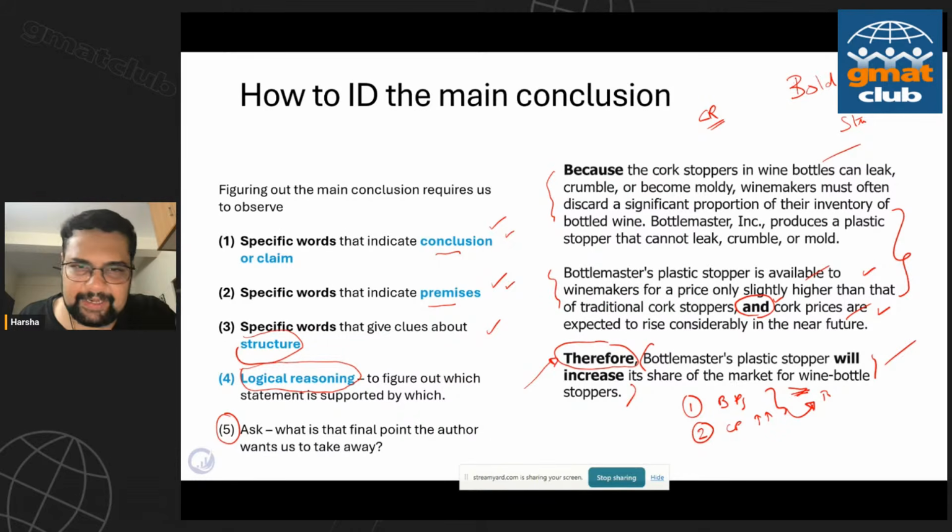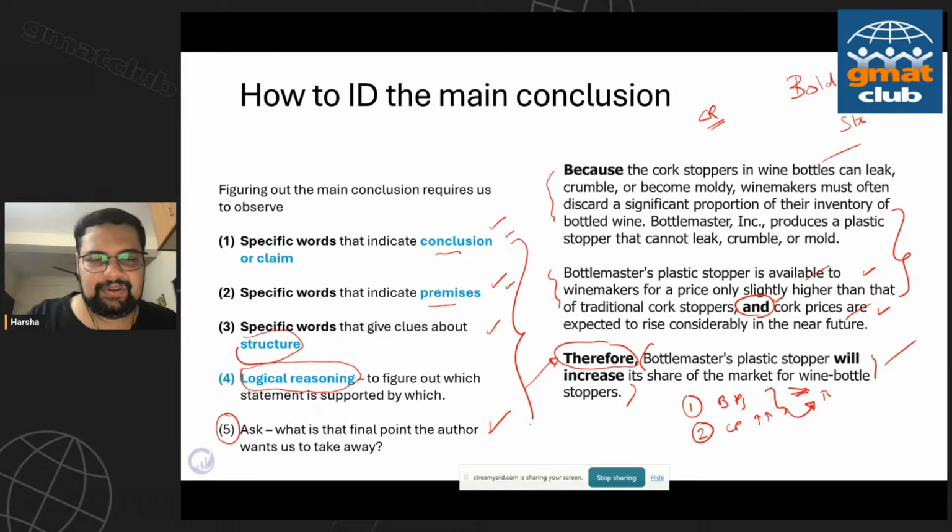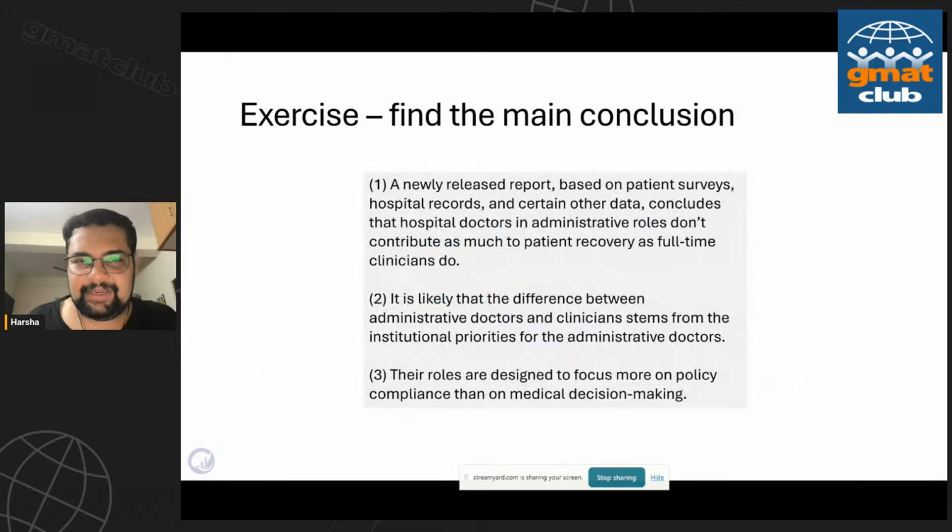Once you have enough practice, and some of you already have a good amount of practice, you're picking apart the conclusion instantly. For some of us who are struggling with this, keep at it. A little bit of untimed practice, where you're focusing on identifying the conclusion and reviewing when you're going wrong, you will start developing an intuitive feel for this, right? And I mean that. So I hope the ideas on how to identify the conclusion in general are clear.